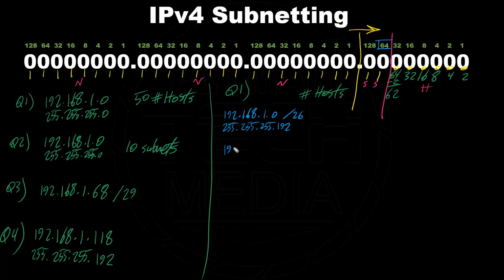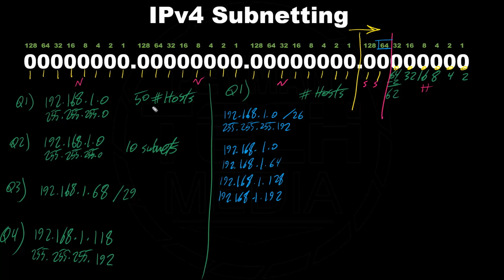So if you want to write down 192.168.1.0, our first subnet, 192.168.1.64 incrementing by 64, and then 192.168.1.128, 192.168.1.192, and that's it, because the next one is 192.168.2.0 or 192.168.1.256, but 256 we don't have. These are the 4 subnets, and every subnet we can have up to 62 available IP addresses, which